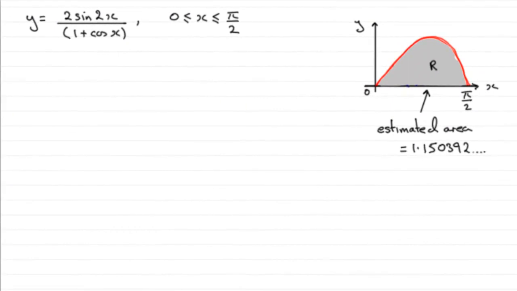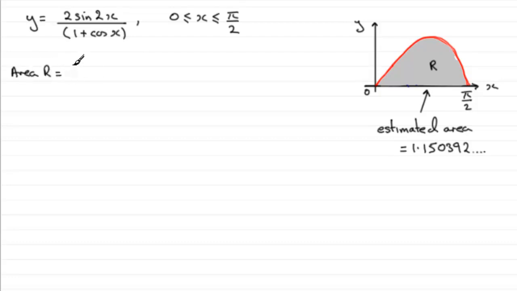Now for this last part we have to calculate the error of our estimate for r, which we found earlier by the trapezium rule was 1.150392 and so on, to the actual area. Now to get the actual area, what we need to do is, well, put an intro here, area r